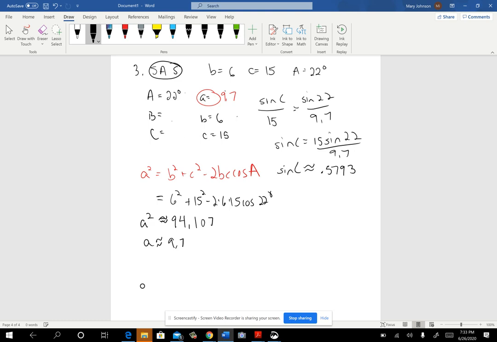So I'm going to inverse sine, find out what that turns out to be, and it tells me C should be about 35 degrees if I round to the nearest degree. Okay, so you might go on and just put that in there and then go on and say, okay, 22 and 35. Let's see, B should equal 180 minus 35 minus the 22, and you'll get B to be about,